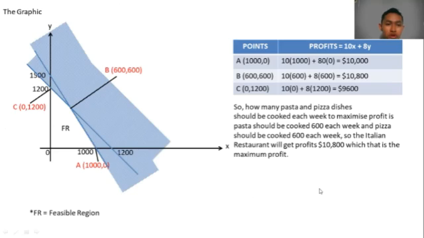And then we put all the points in the graph. For the first equation, the points are 1,200 for x and 1,200 for y, so we get the line like this. And then for the second equation, the points are 1,000 for x and 1,500 for y, so we get the line like this.